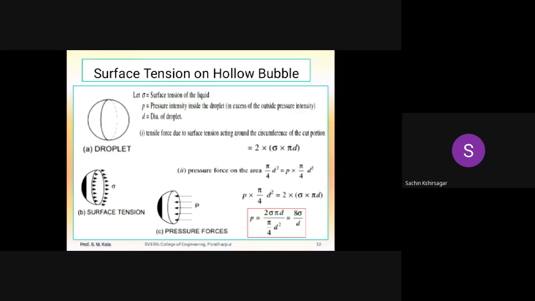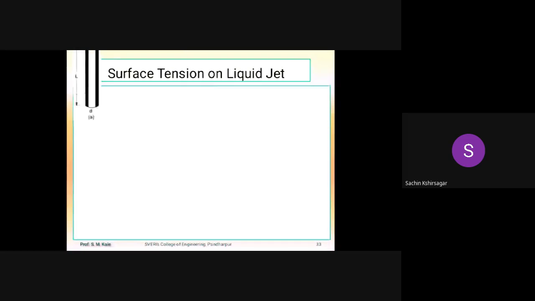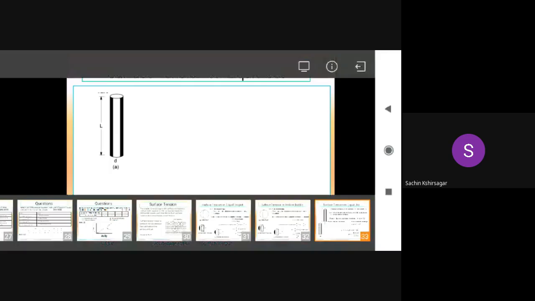Now the next derivation is the surface tension acting on a liquid jet. Suppose you have one nozzle, and through that nozzle, liquid is coming out in the form of a jet of liquid. Consider you have a jet of liquid which has the diameter d, and length of that jet of liquid is L. Now if I take the cut section of this jet of liquid,